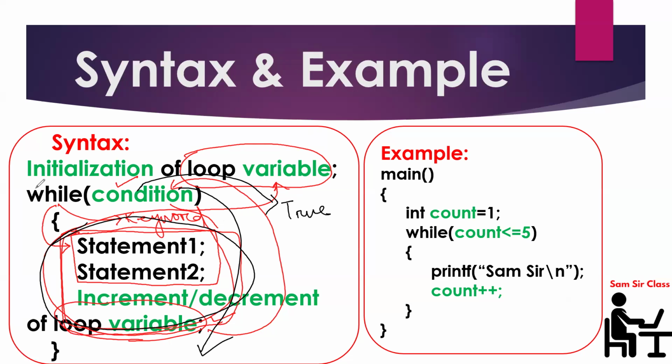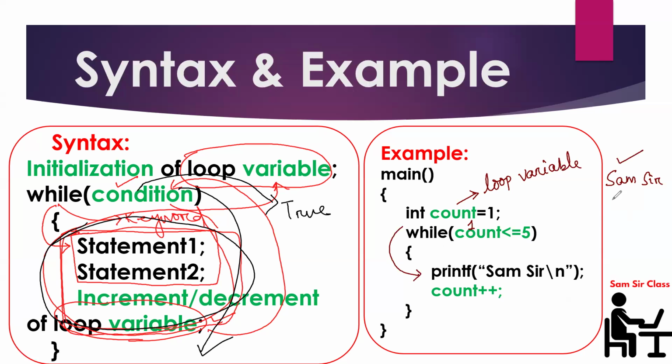Okay. Now let us understand the example beside that. This is the loop variable I am currently using, that is my count. I have initialized the count variable as 1. That means I want to print Sam sir 5 times. Now how will I do it? I have initialized the loop variable as 1. Then I have checked the condition: 1 less than equal to 5. True. True means enter the while block,